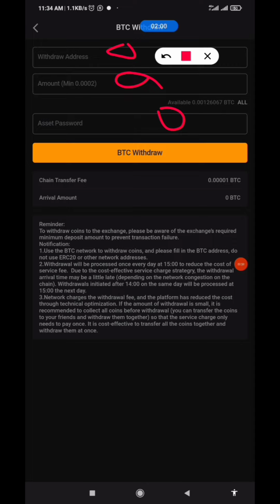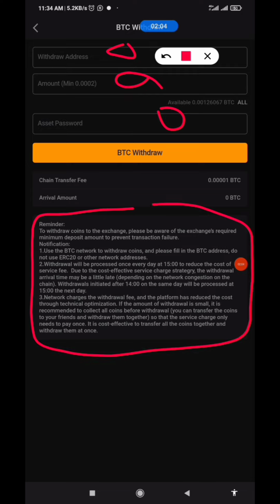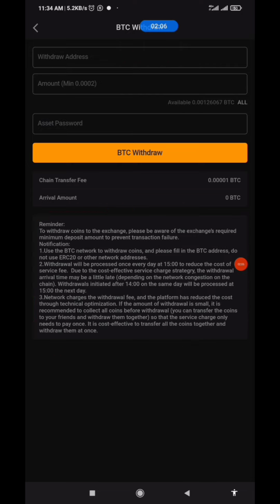Now before that, I want you to read this. It is very important that you read this, so that you understand better. First, you use the BTC network to withdraw the coin. It is very important, and please, you fill in the BTC address. Do not use ERC20 or any other network addresses. What you have to use is